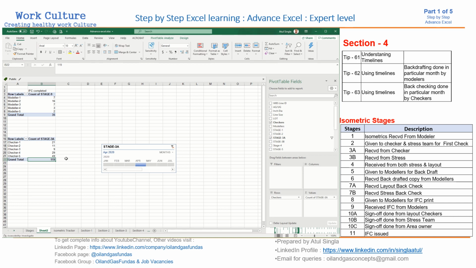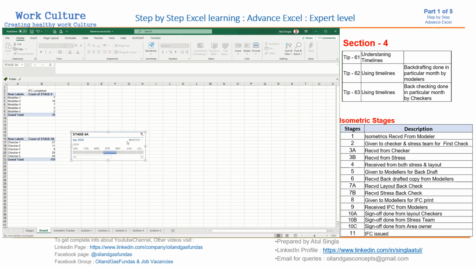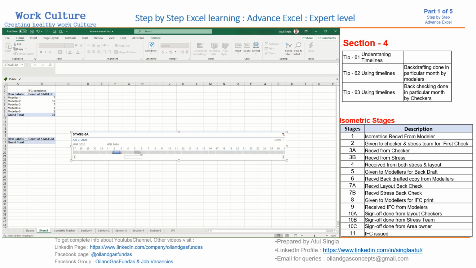So everything you can get from checkers. If you want to see day wise also, you can see in a particular day. If you want to see in April, okay, which day it was, you can drag also in these.